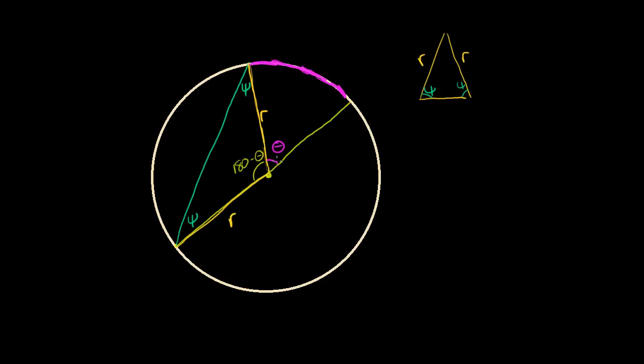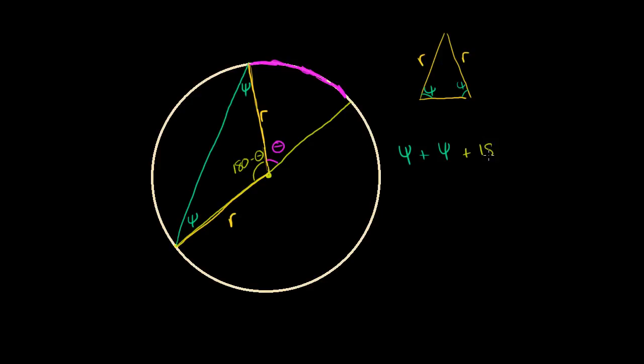Right? When you add these two angles together, you go 180 degrees around, or they kind of form a line. They're supplementary to each other. Now, we also know that these three angles are sitting inside of the same triangle, so they must add up to 180 degrees. So we get psi, this psi, plus that psi, plus psi, plus this angle, which is 180